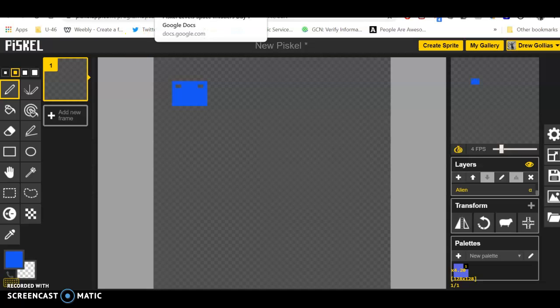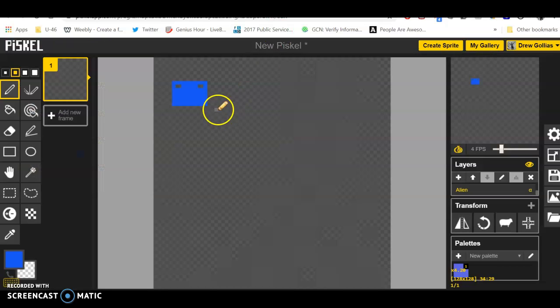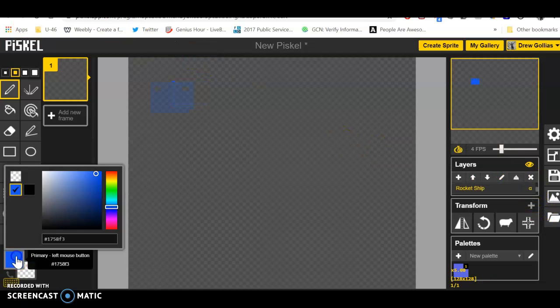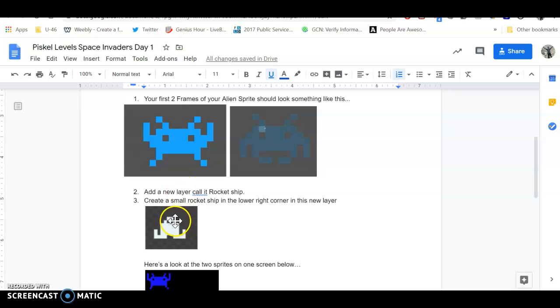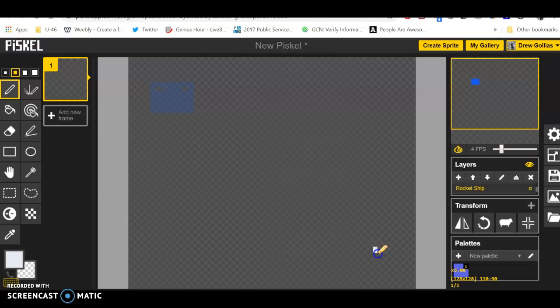Then I could go ahead and build out the rest of that again, just flipping back. I would do my 2 antennas, my arms, and you get the idea with that. So I would build him out, then I would switch layers and go to my rocket ship. Then I'm just changing the color. I'd come in, pick a white, and again, guys, you're bouncing back and forth, and you can kind of make it how you want to make it, but you just start your creation, and you can kind of branch it off